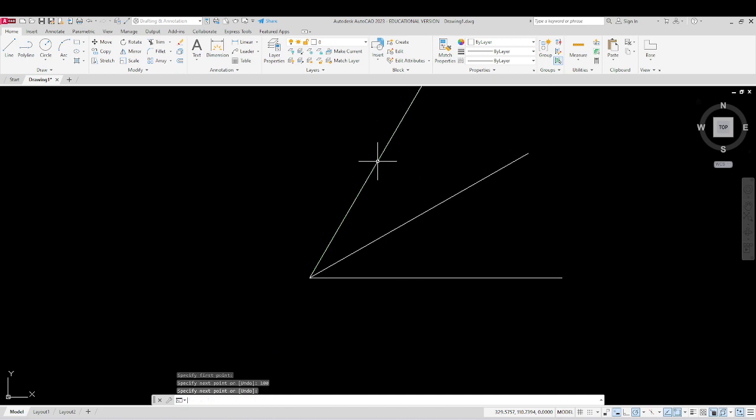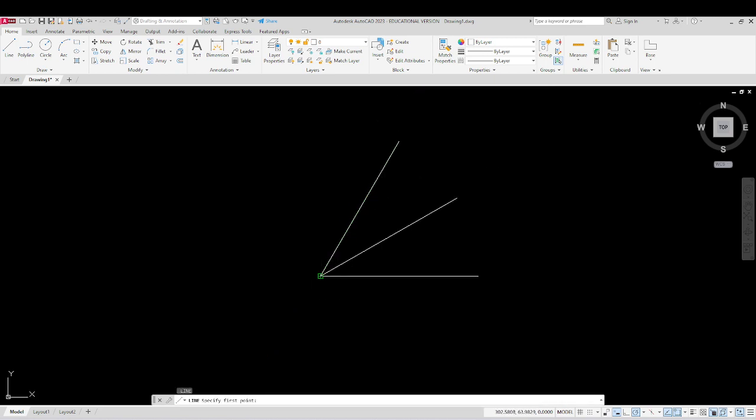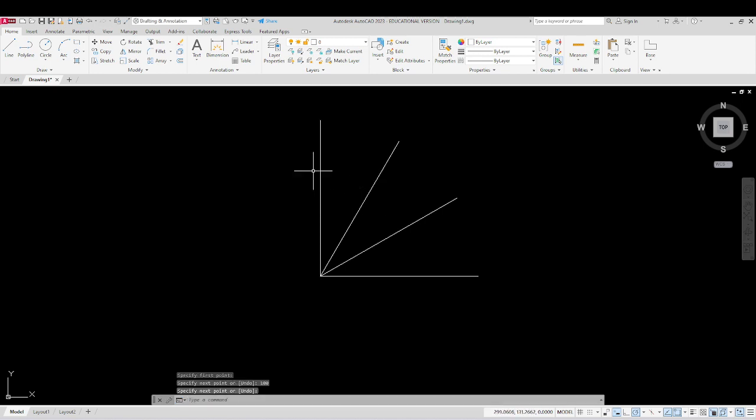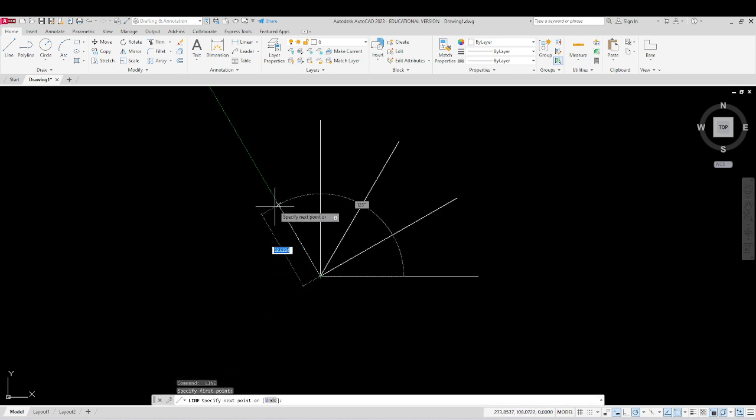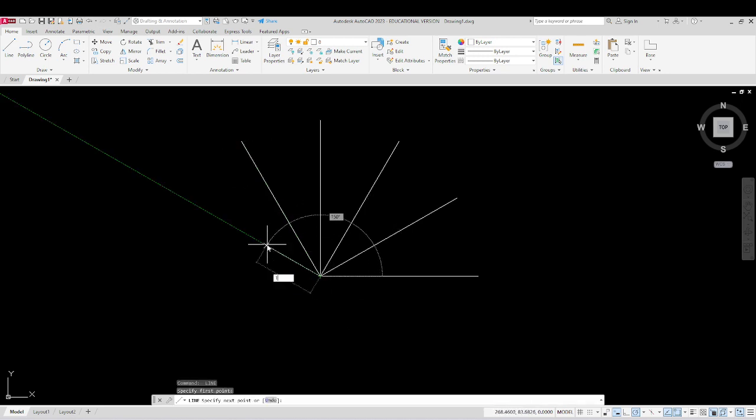Each line should be of 100 mm. In this way you can go on drawing lines in 360 degrees in a gap of 30 degrees, and it should be in a 360 degree manner. You can complete this in this way. So in a gap of 30 degrees you should complete this. So this will be the practice for this